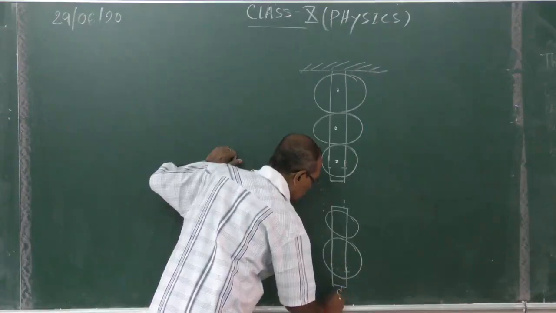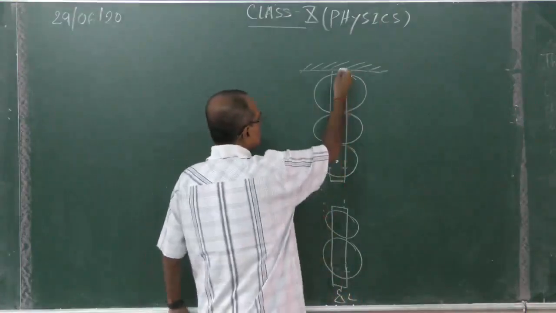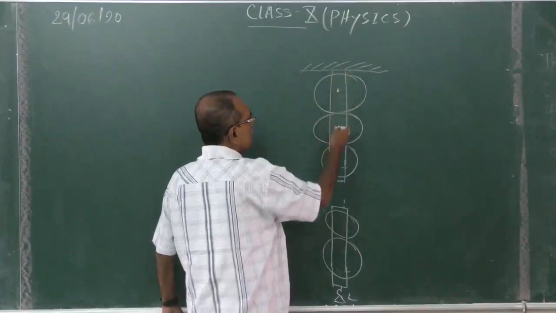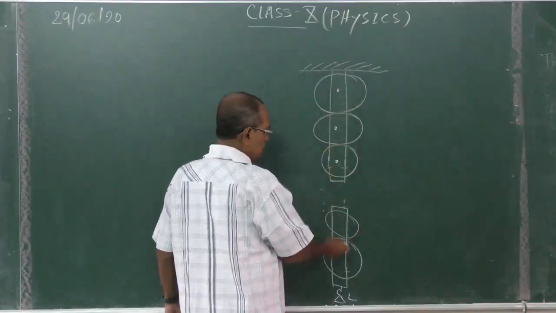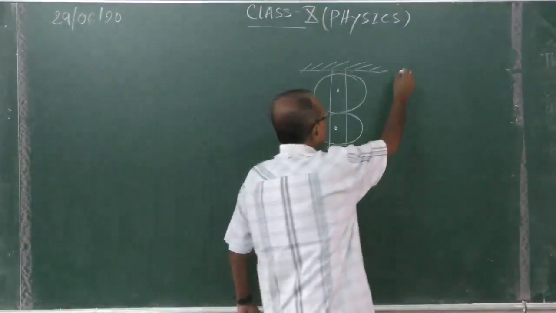Here is the load. So here, what happened? Three pulleys are fixed. Here two pulleys, what? Movable. Second case,